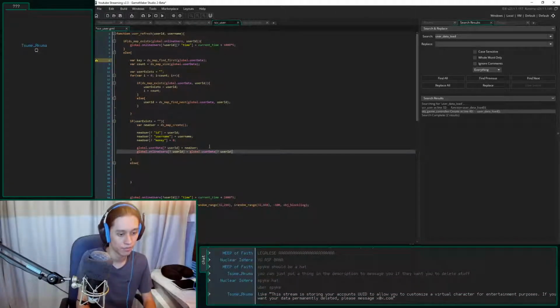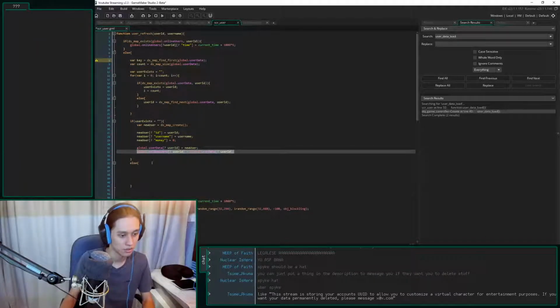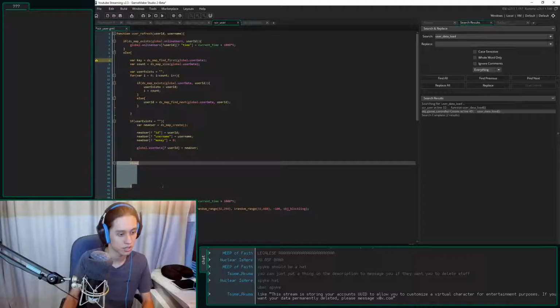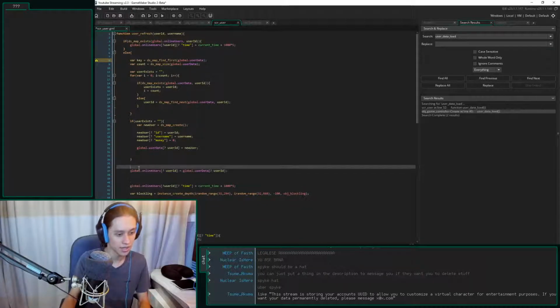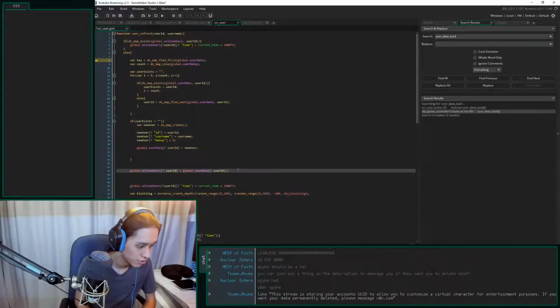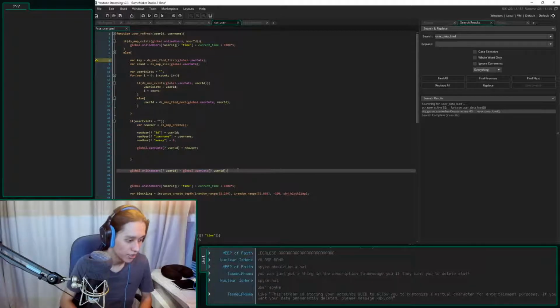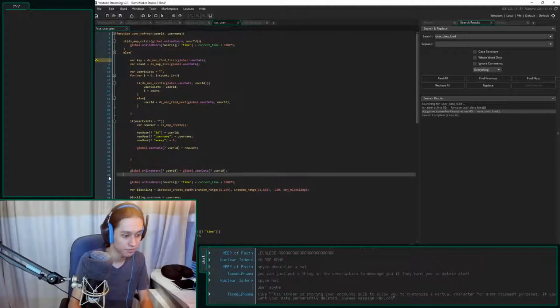There we go. Now if it does exist, then we're just going to go ahead. The stream is storing your account's UUID to allow you to customize your virtual character for entertainment purposes. If you want your data permanently deleted, please message that. Yeah, that works.